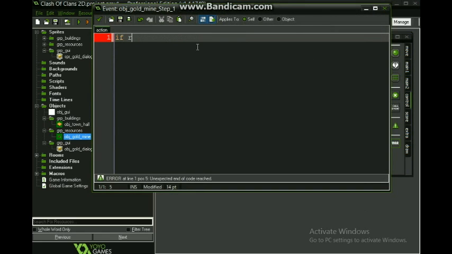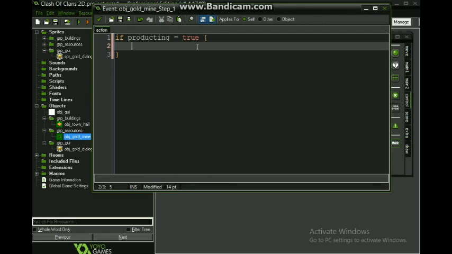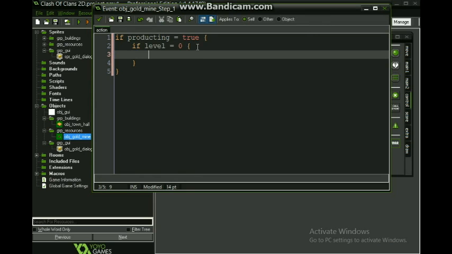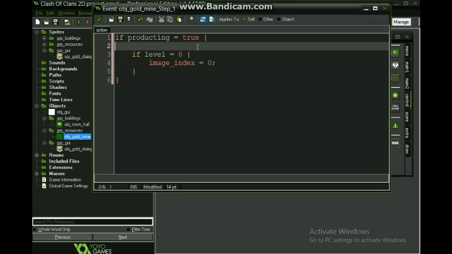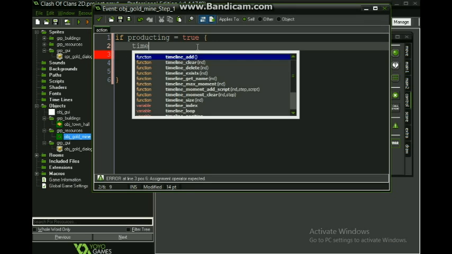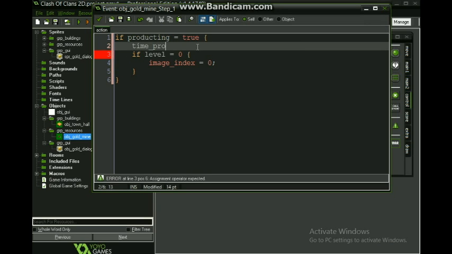So if producting is equal to true, and if level is equal to 0, we should say image index equal to 0. And of course, go here and say time production is plus equals to 1.